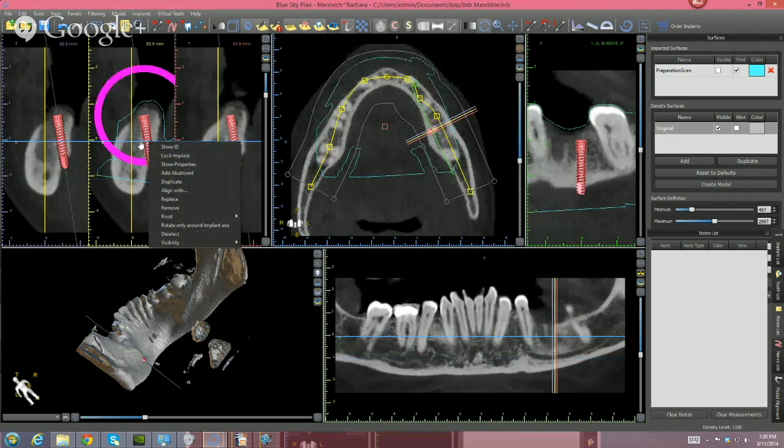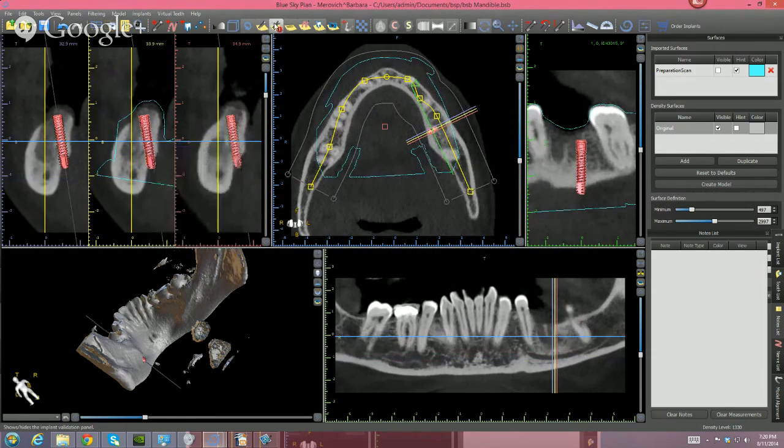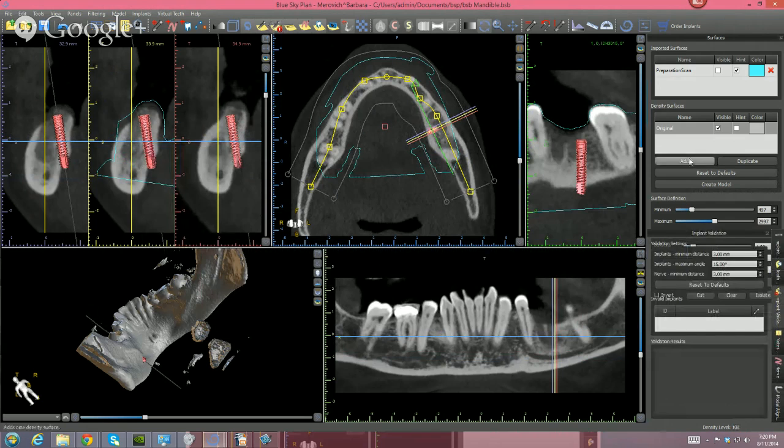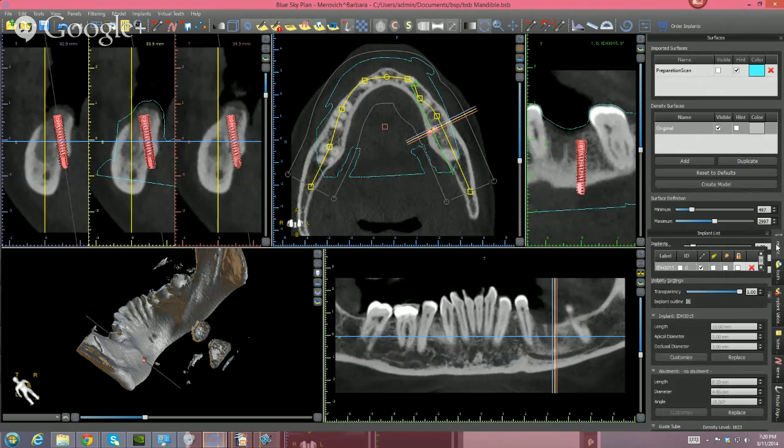See if I even know how to do that. I of course don't know how to do outlines and things like that. Oh wait, implant, transparency. There we go. So here's the outline of the implant, and you can see I've made it go through a